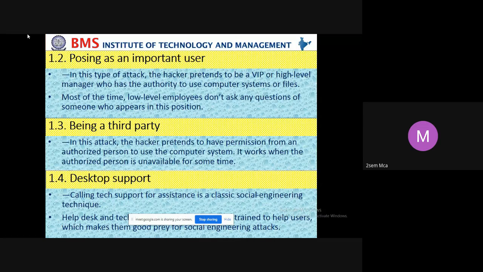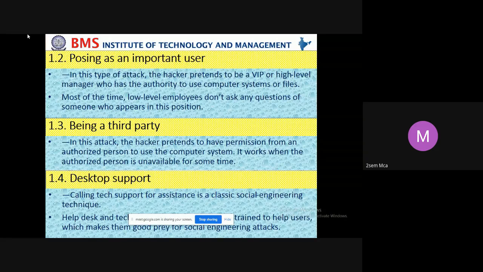That person leaves the system unattended. Another person uses his system on his behalf and sends mails in his name. He is claiming that he is the original person, but actually he is not. Being a third party, he is sending such mails, right? That is another kind of attack.